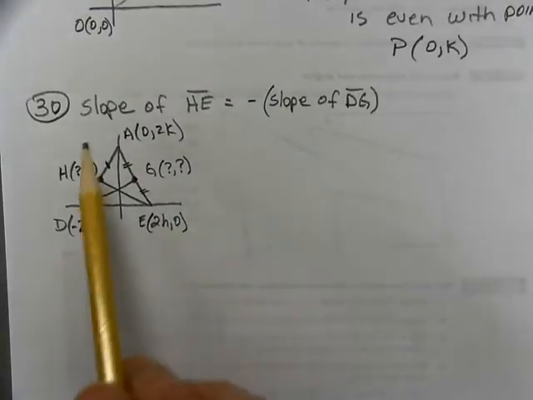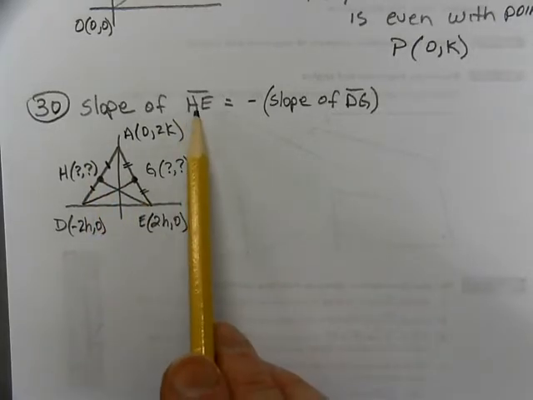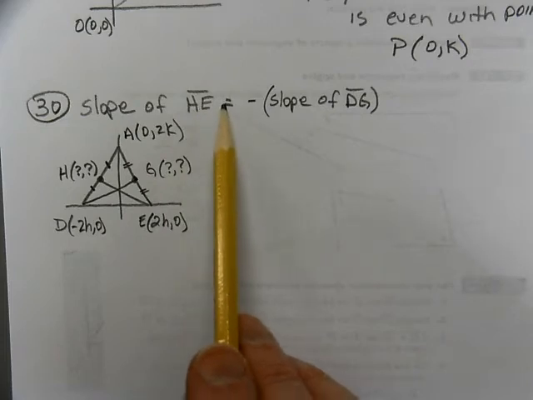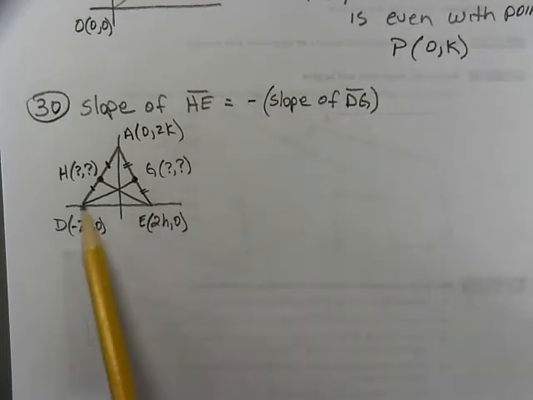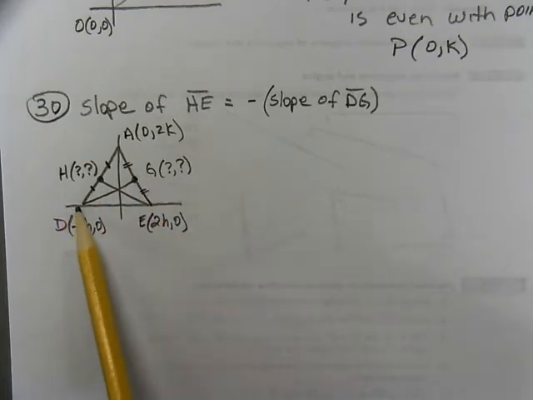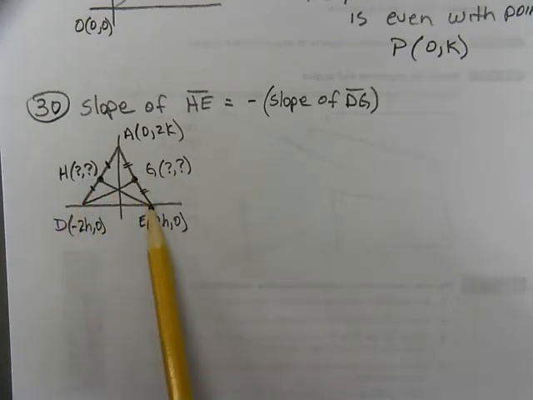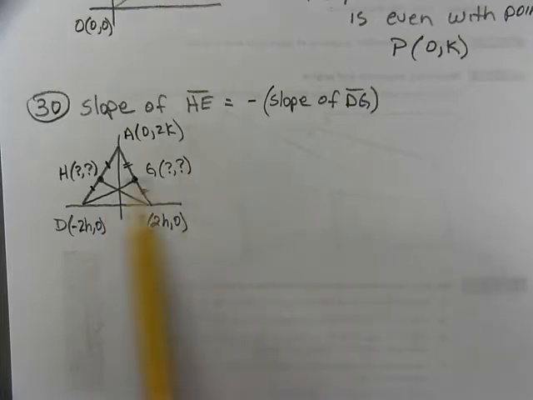For number 30, we know that the slope of HE, whatever its slope is, equals the opposite of the slope of DG. So the rise over run one way is the same numbers of rise, but a negative run of the other way. So I look here and I see that G is the midpoint of AE. So for me to figure out G,